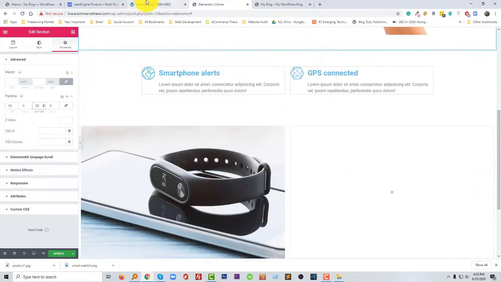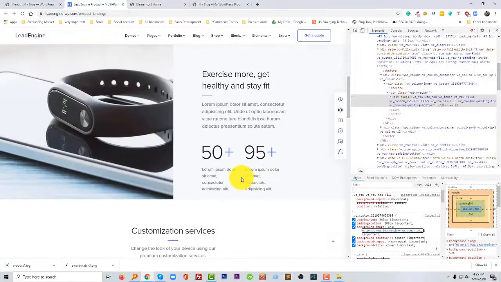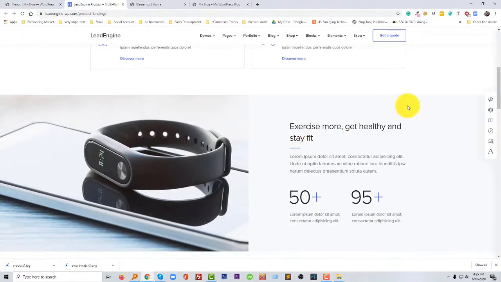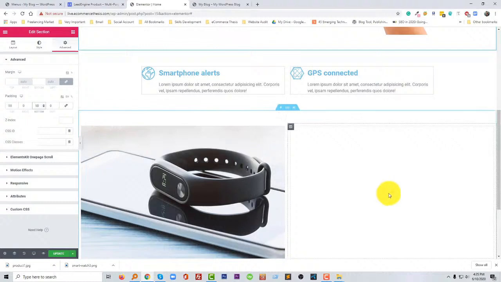Okay, so now we need to add content right here, this content. So I'm going to add this content here,